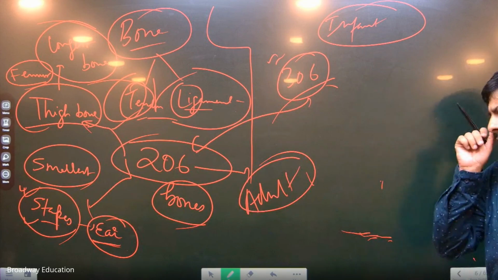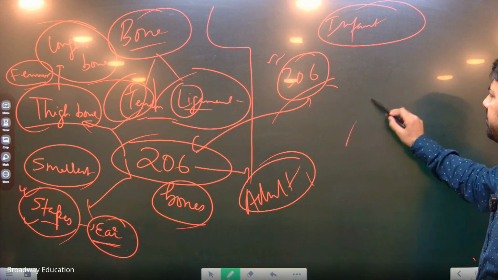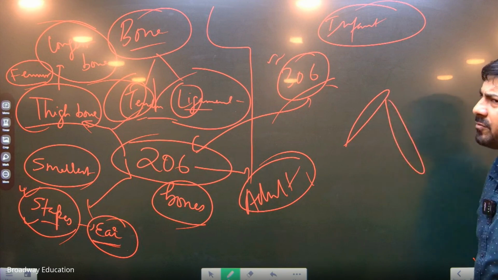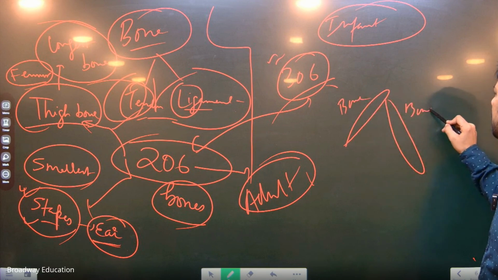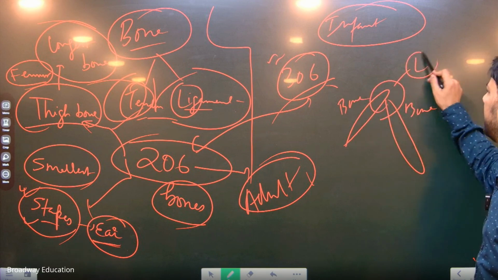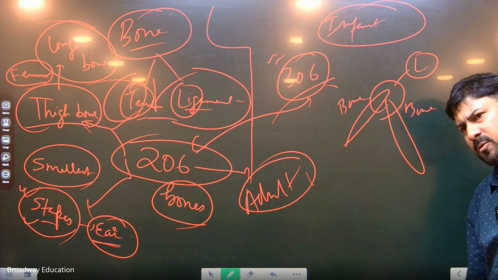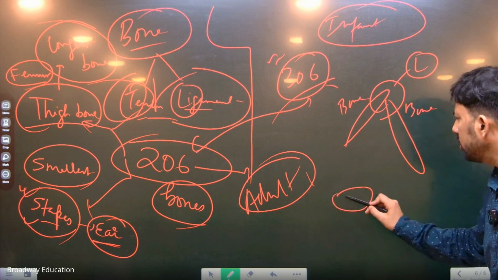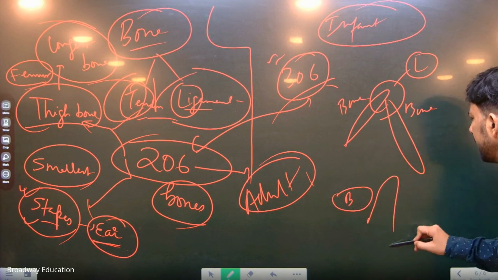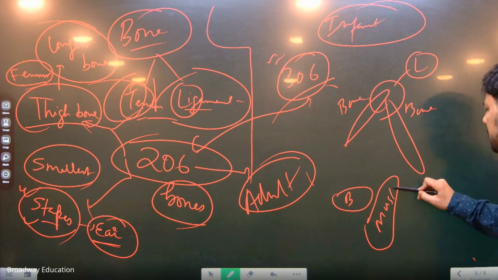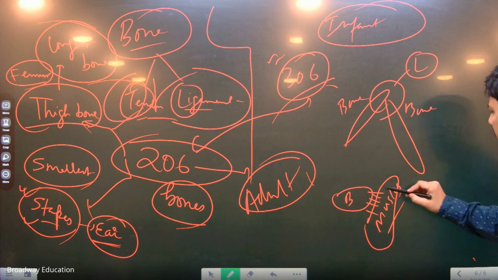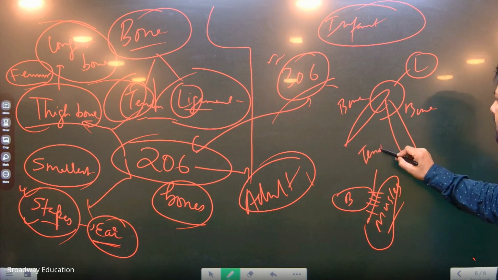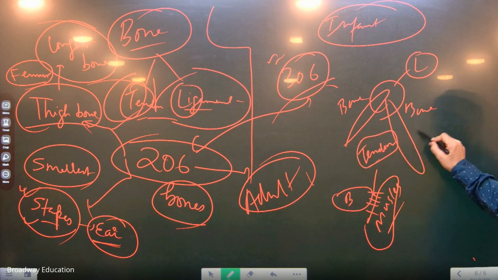Now those types of tissues which are connecting bone to bone, this is called a ligament. And those types of tissues which are responsible for connecting bones with the muscles, the answer should be tendon. Crystal clear, everyone? Now after this, moving ahead,